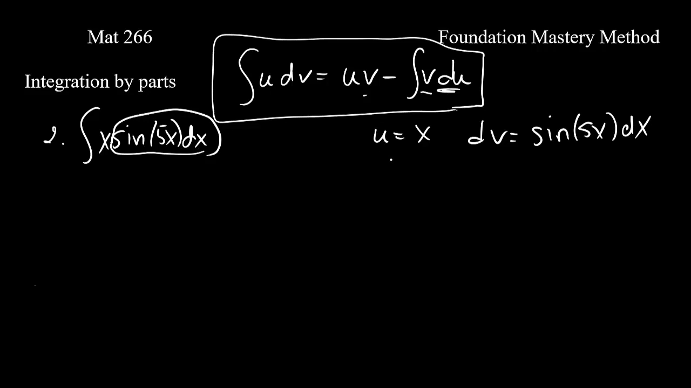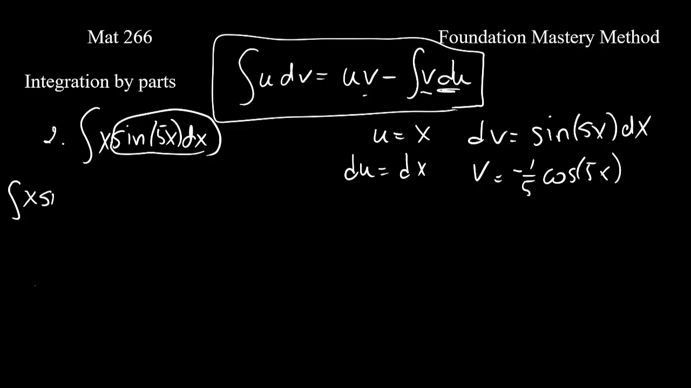So now, in order to apply the formula, we need to find du. So du is just going to equal dx, and v will be the integral of dv, so we want to integrate sine of 5x, which will be minus 1/5 cosine of 5x. So then our integral of x times sine of 5x is going to equal the product u times v, which